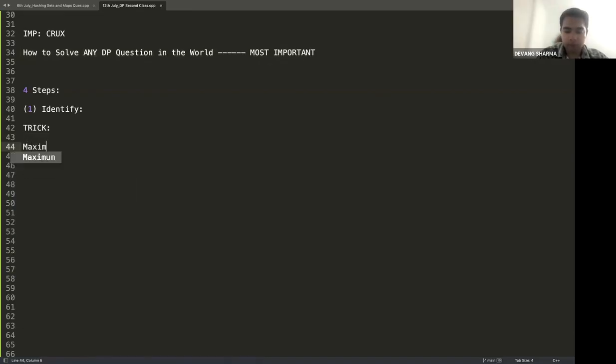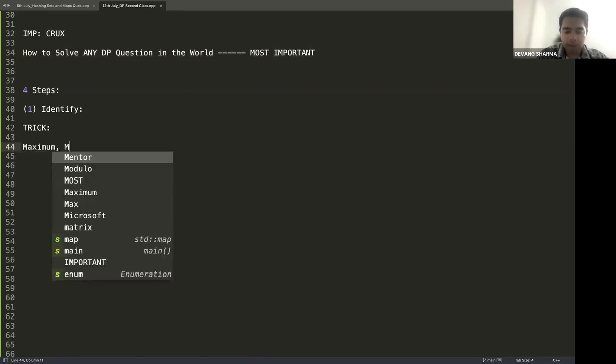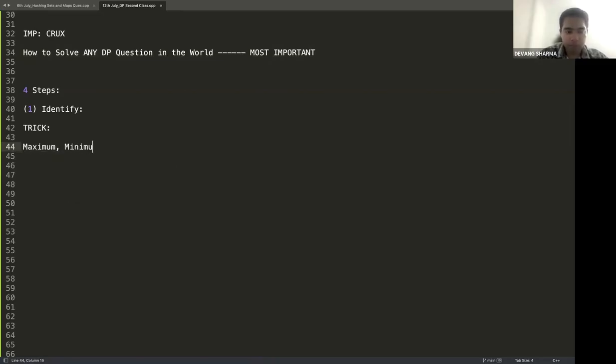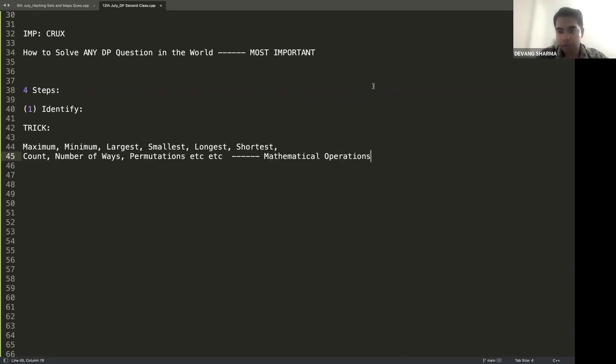Example, look at keywords like maximum, minimum, largest, smallest, longest, shortest, count, number of ways, permutations, etc. Okay. Wherever you feel any sort of mathematical operation is happening, and instead of a mathematical operation, whenever